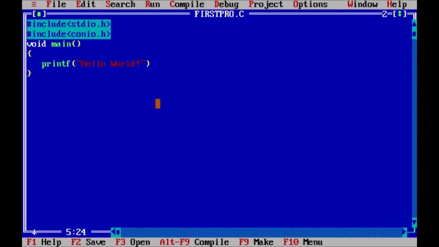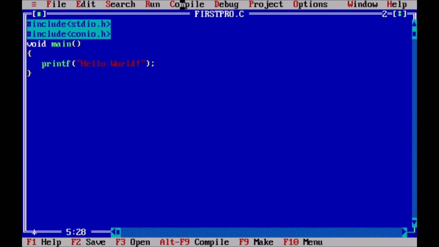Always remember, terminate a line with semicolon. A semicolon is like a full stop that we use in English language to terminate a sentence. Similarly, to terminate a line in C program, we use a semicolon. So after each line, we have to insert a semicolon, otherwise it will give a compiler error.